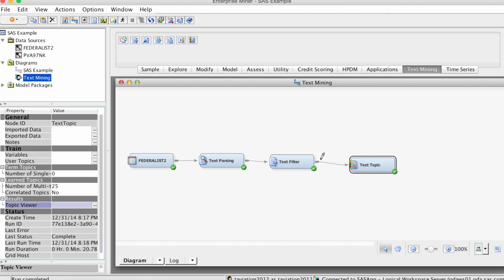Now we have 15 topics created by SAS Enterprise Miner. We can use them as categorization for terms, or we can build and run predictive models using these topics as predictors. For example, I want to build and run a logistic regression model to predict the target variable using these topics. On the Model tab,